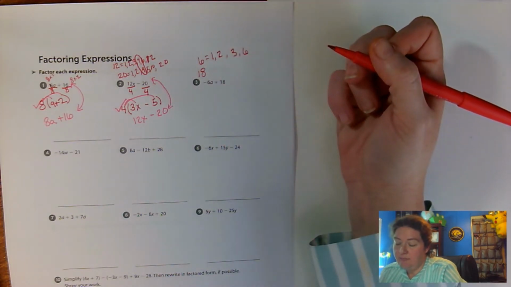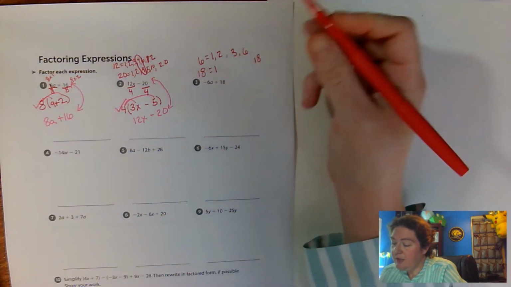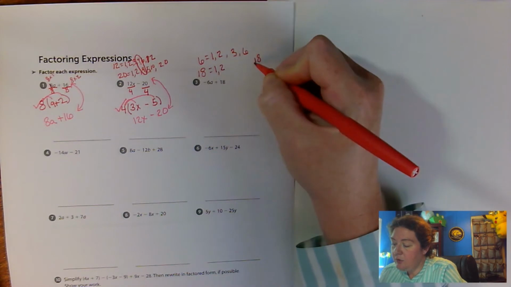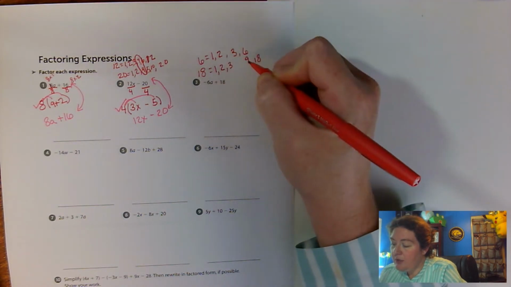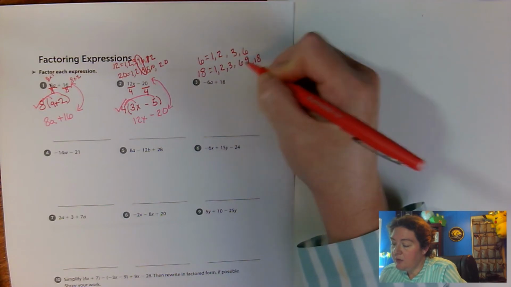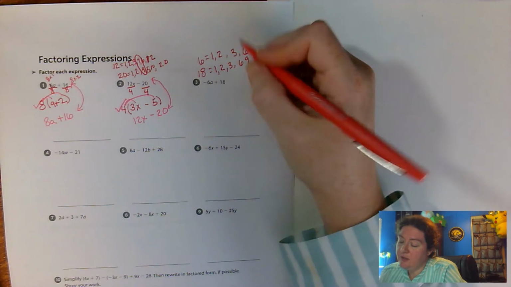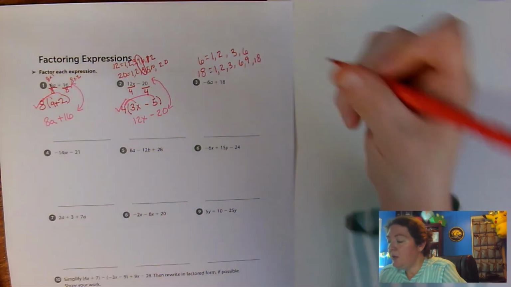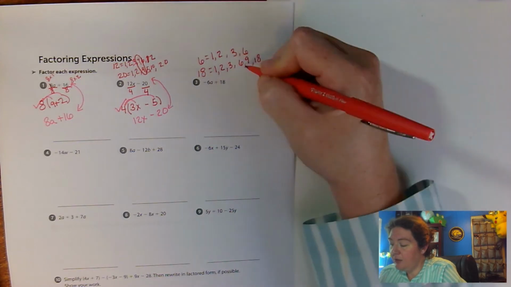That's it. 18, I can say 1 times 18, 2 times 9, 3 times 6, there's no 4, there's no 5, I've already got 6. Okay, I'm good. So I'm looking for the biggest number in both of these lines that they have in common,